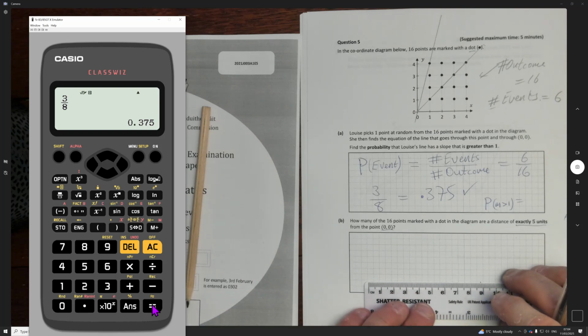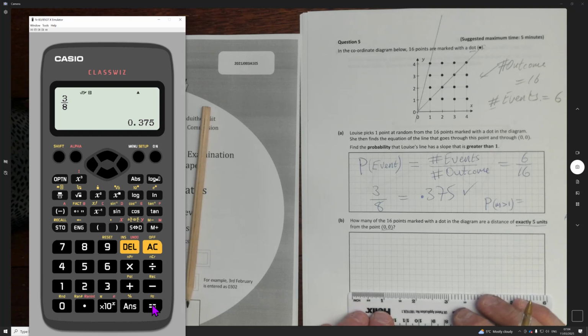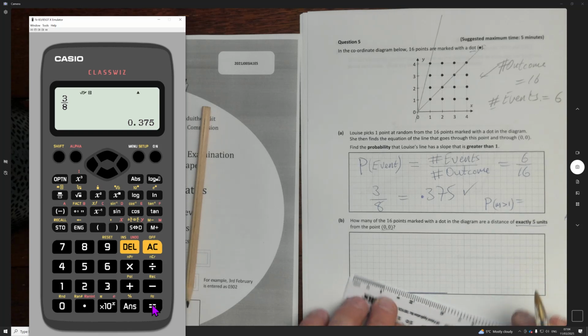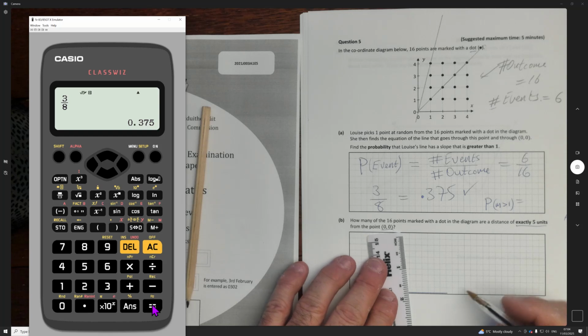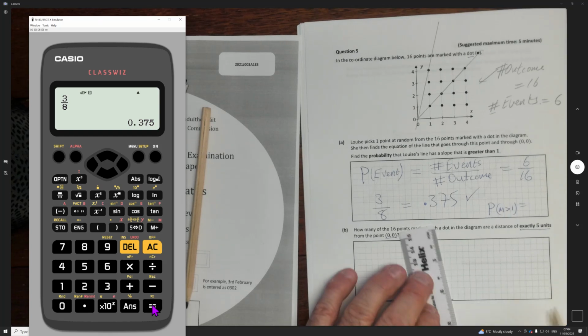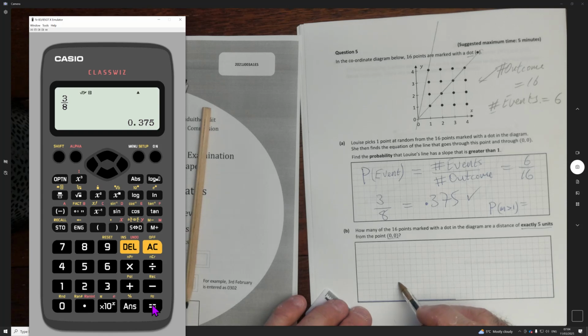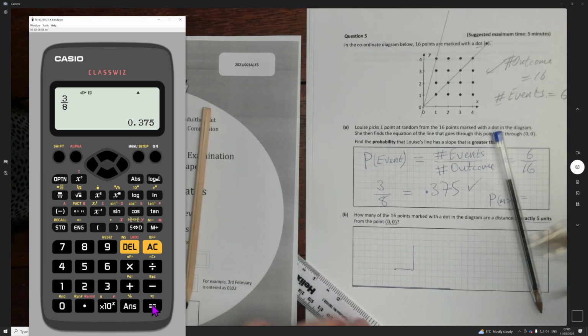Okay, if I go out three inches and I go up 4 inches, I'm not going to have it there. If I go out 4 inches, I go up 3 inches, I'm going to have it. Basically, if I go out 3, 1, 2, 3, and I go up 4, 1, 2, 3, 4, then